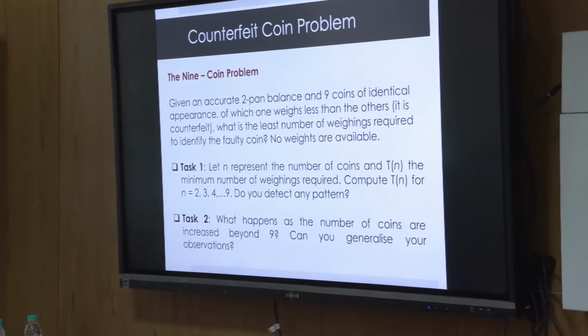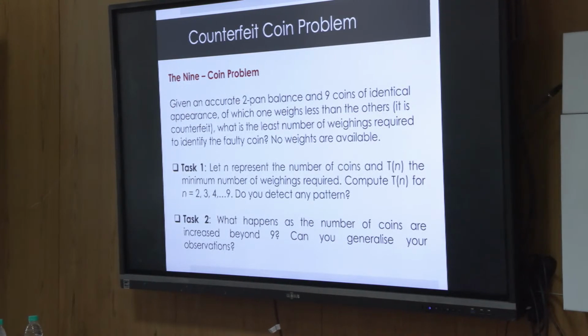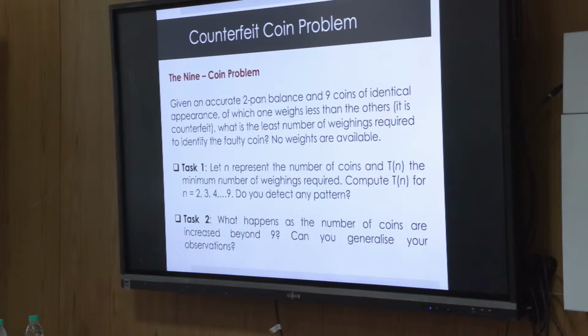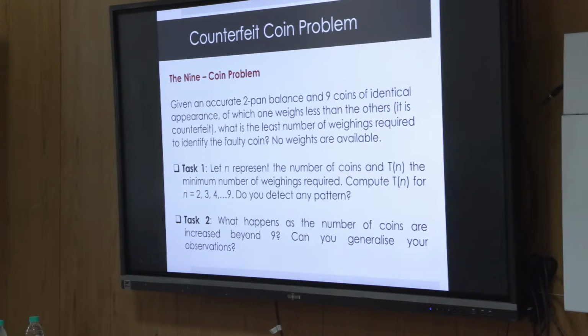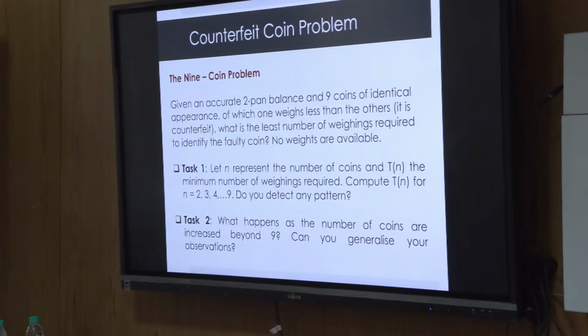So what will happen for 2 up to 9, 2, 3, 4? Sometimes students get a little confused. So decomposition means you take a simpler case. If you cannot think in terms of 9, let's go back. What will happen with 2, 3, 4, 5, and then they'll see a pattern. Okay, can you tell me if there are 2 coins, then how many weighings are required? One. If there are three, then also one.